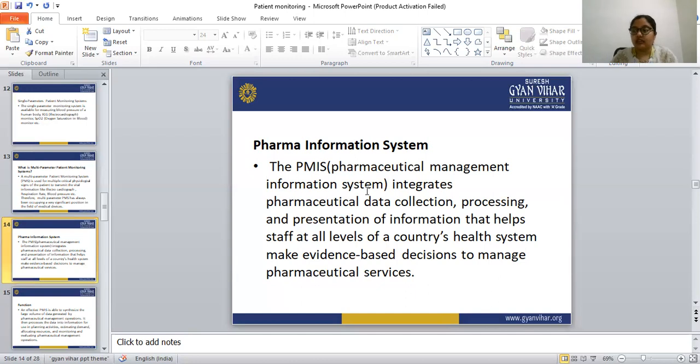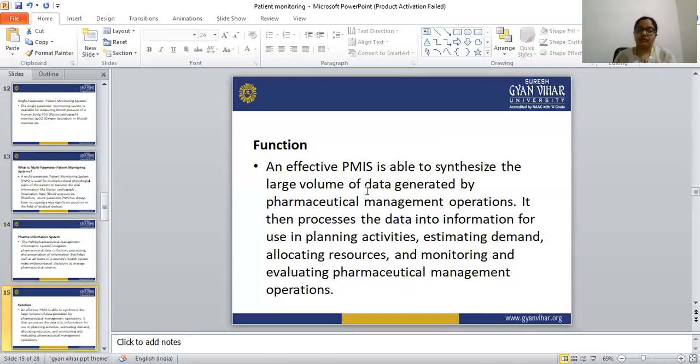If there is any drug reaction or drug-food interaction, the pharmacist will tell the patient. And the computerized pharma information system can also check the correct dosage of the medicine according to the patient's age, weight, and so on, when we enter the prescription order. So this is the first point, clinical screening. And how does this function?